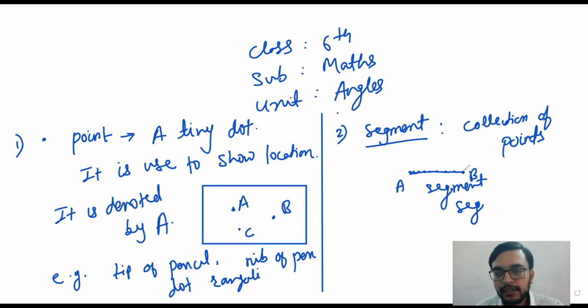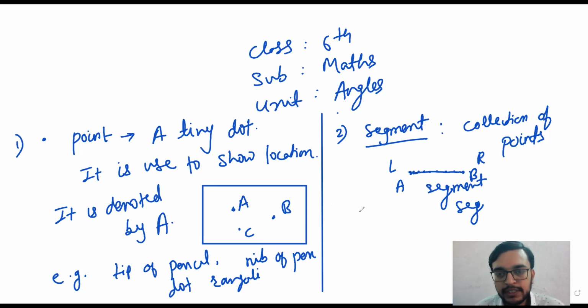Here, point A and point B are called the end points of the segment. This is the left end point and this is the right end point. Between these two points, the set of points together with point A and point B, all this combined is called the segment, right? Have we cleared?